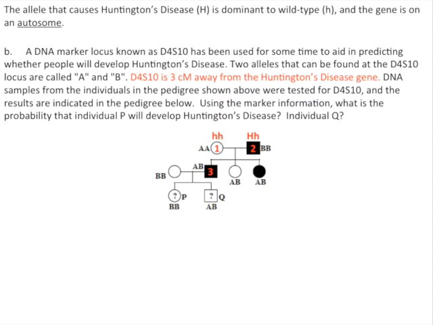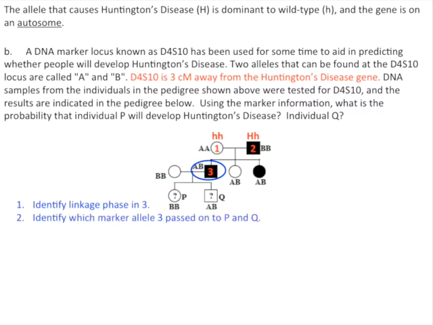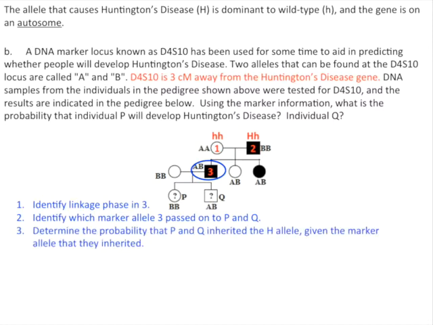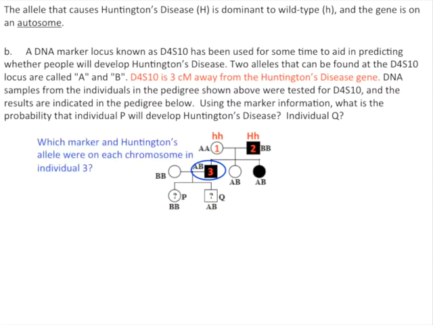This process requires 3 fundamental steps. First, identify the linkage phase in individual 3. This means figuring out which marker and disease alleles are on each chromosome in this individual. Once we have that information, we will determine which marker allele individual 3 passed on to each of his children. That information will allow us to determine the probability that P and Q inherited the affected big H allele from individual 3. So let's look at that first step and figure out which marker and Huntington's allele were on each